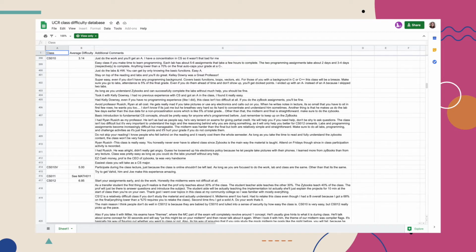So this is a spreadsheet made by the UCR Reddit page. It pretty much shows the UCR class difficulty of various classes. So if you want to know if you should take certain classes within the same quarter or if a certain class is going to be harder than another, then you can go ahead and look up UCR Reddit class difficulty database, and that should show up on your Google search and you'll be able to see how difficult the